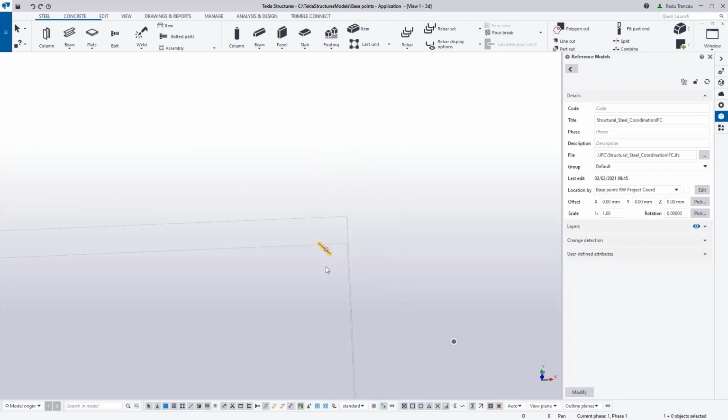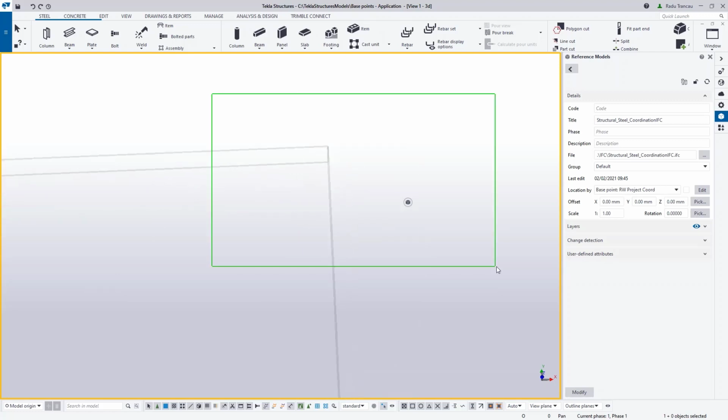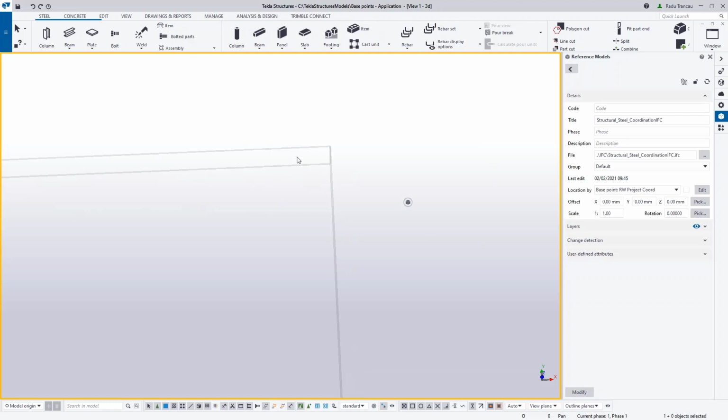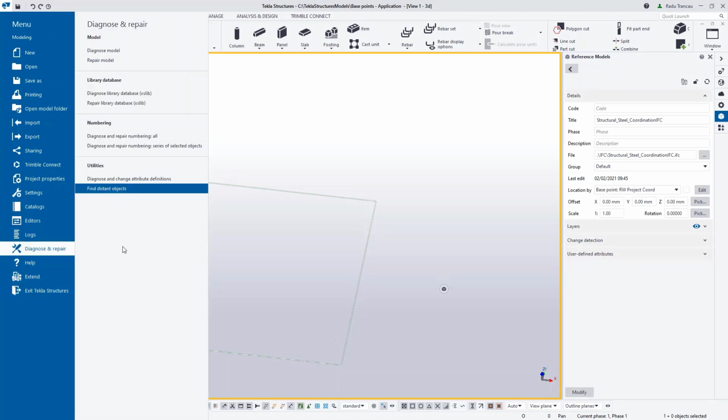Okay, delete the beam, fit work area to entire view, and we still have a point, right? So remember, we've modeled a point in here, and now it's barely selectable. This is a very common issue with construction objects, points or construction lines being left very far away from the model origin. The fix for this is to quickly go to File, Diagnose and Repair,